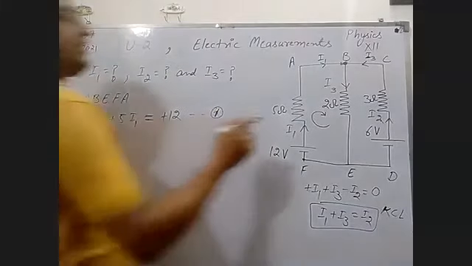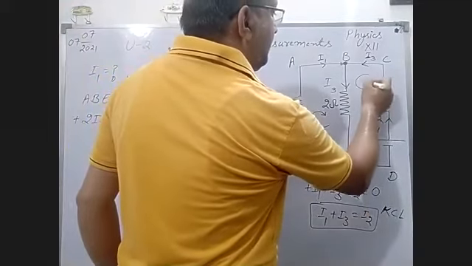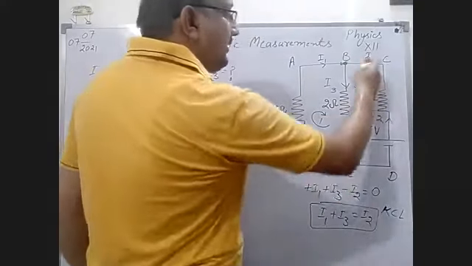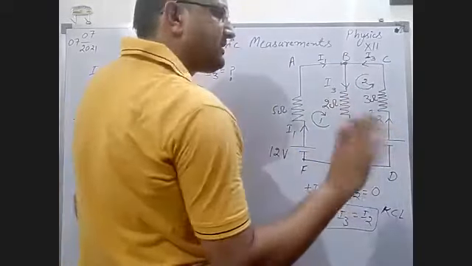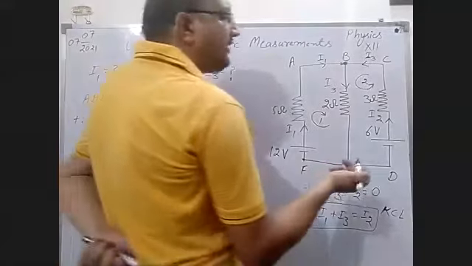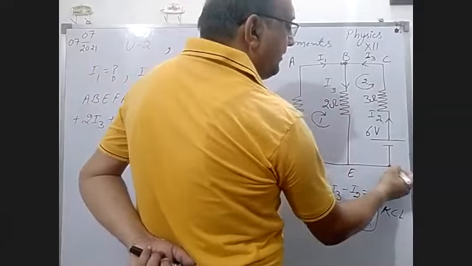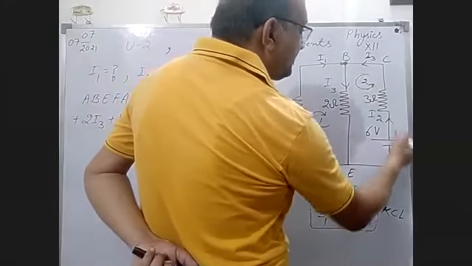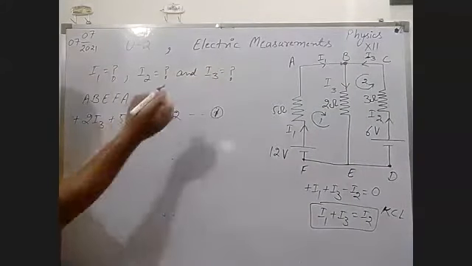In similar manner, you have to take this loop. This loop is 1, this loop is 2. Now in this way you can take, or another way, anti-clockwise or clockwise, doesn't matter, anything you can take. Now here, from where you can start, B, E, D or C. Suppose we are starting from D. From D, according to this, I2 into 3 ohm. So you can write loop is what?